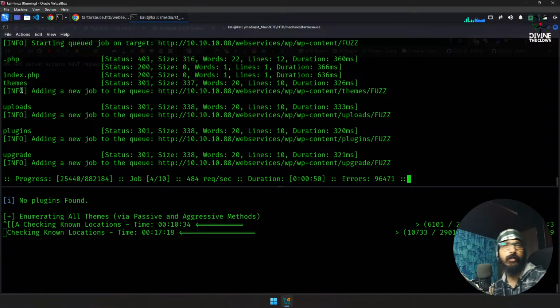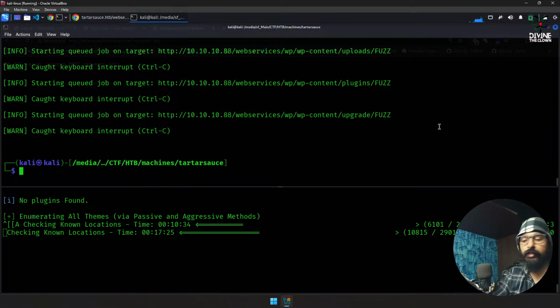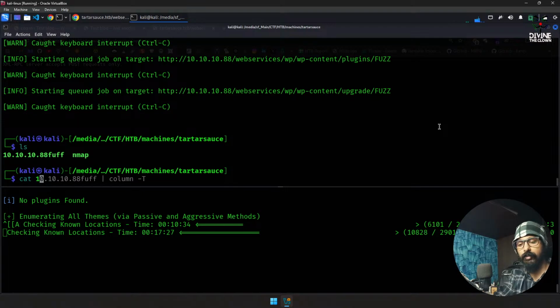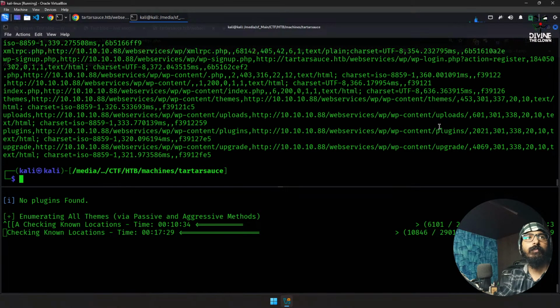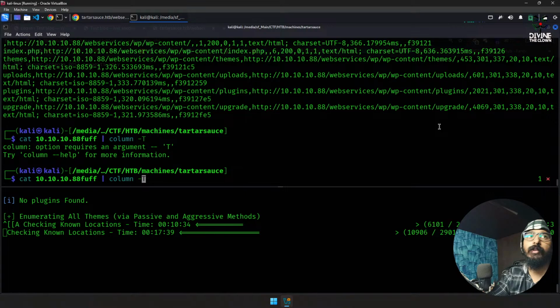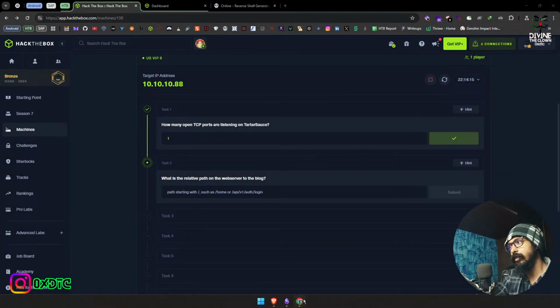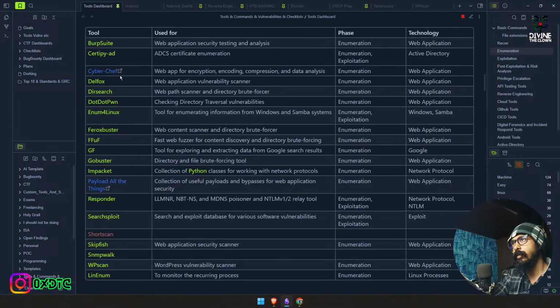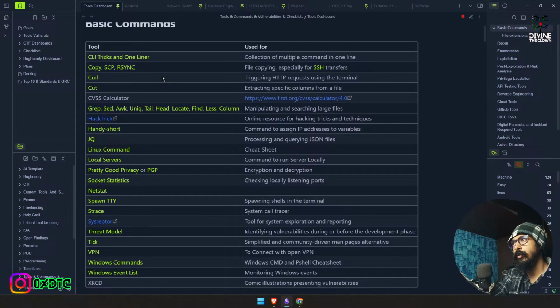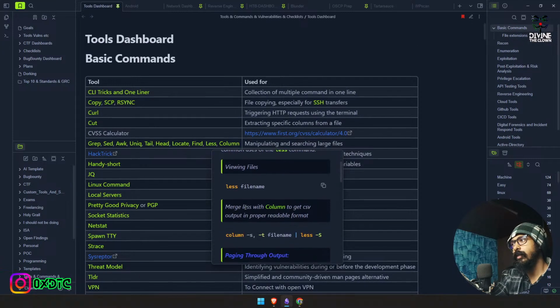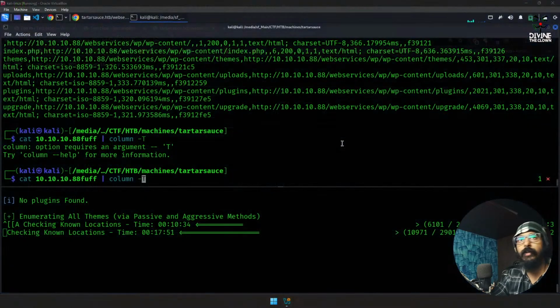So what we're going to do is just cancel it and ls, cat 10 dot whatever, press this and python. Okay, again the wrong command. So go all the way up in the list, copy this,